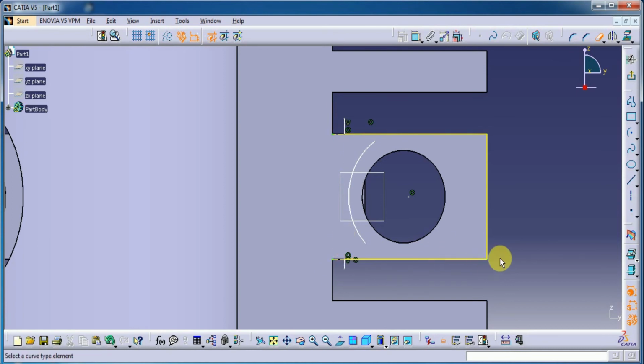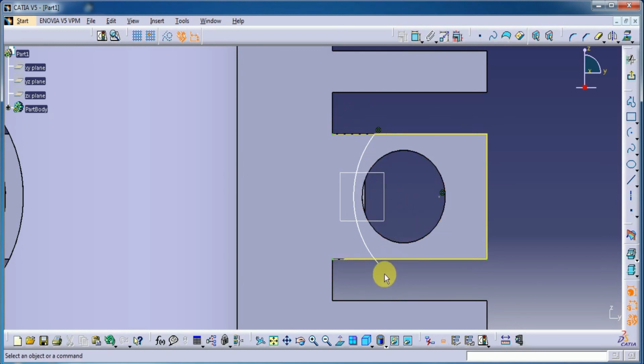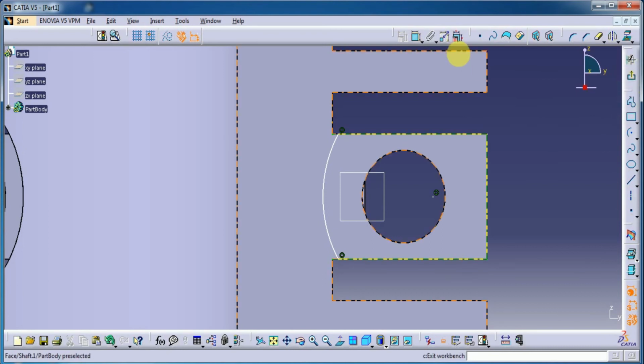Now remove this line. Okay, now coincide this arc with this circle, I mean line edge. Okay. Right. So give the radius of this arc